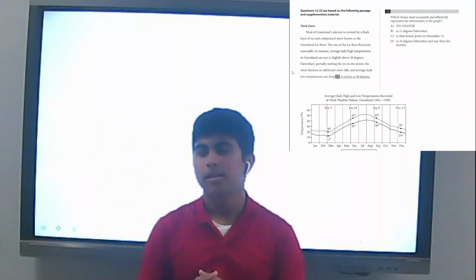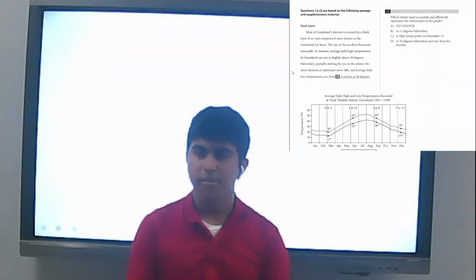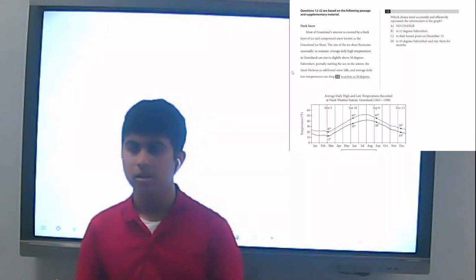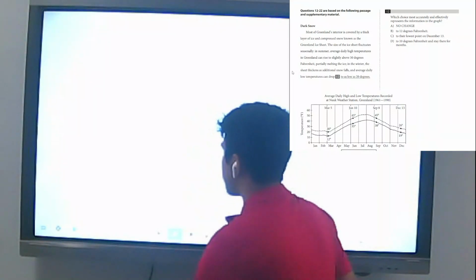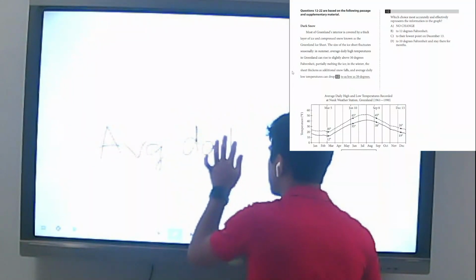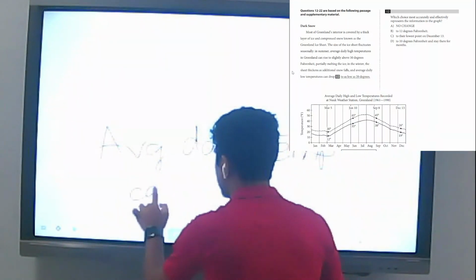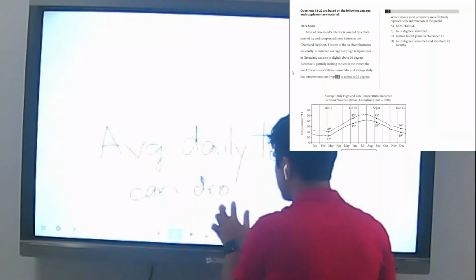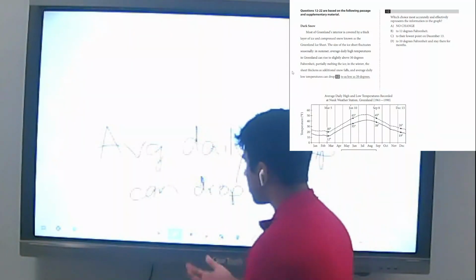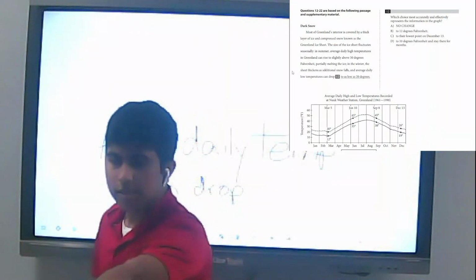Okay, so in the sentence before that underlined portion, we see the average daily high temperatures in Greenland can rise to slightly above 50 degrees Fahrenheit, and the sheet thickens with additional snowfall, and the average daily temperatures can drop to as low as 20 degrees. So you have the average daily temperatures can drop. Temperatures can drop to what? Well, it didn't actually say they can drop to what. Right? How low can they go? So as you can see in the graph,